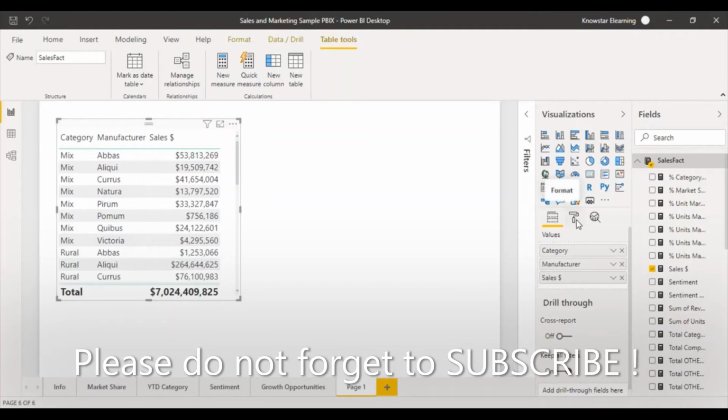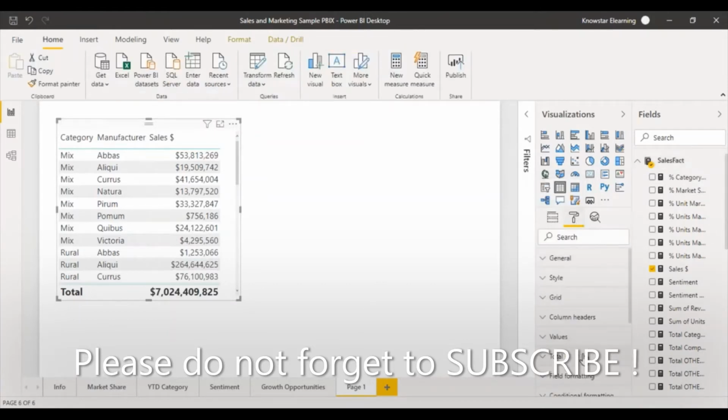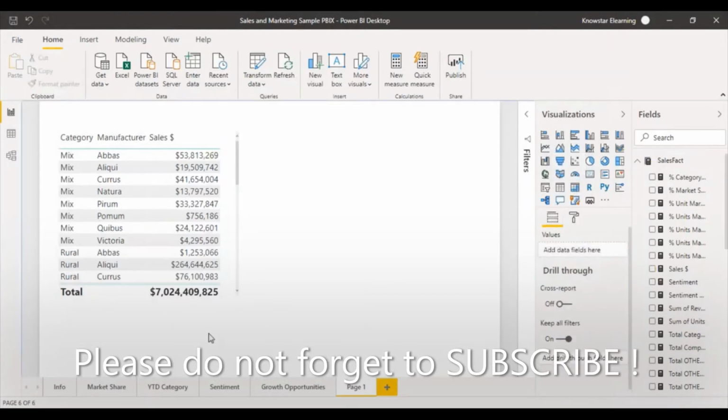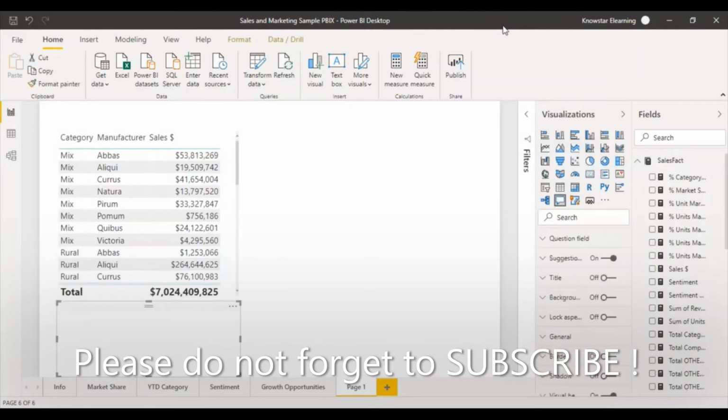If you go to the format tab over here, you'll see that there are some formatting options available. So we'll take a look at them first. Let's take a look at the matrix report so that we know what is the difference between the look and feel of the two. So matrix, if you just click out of the visualization and then